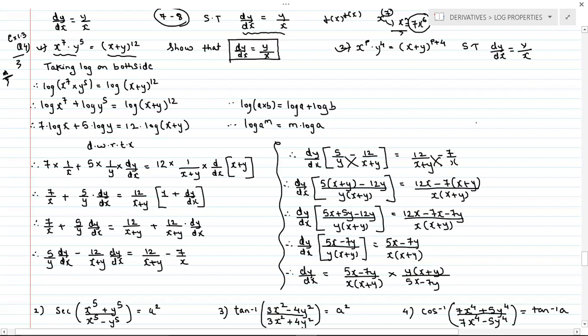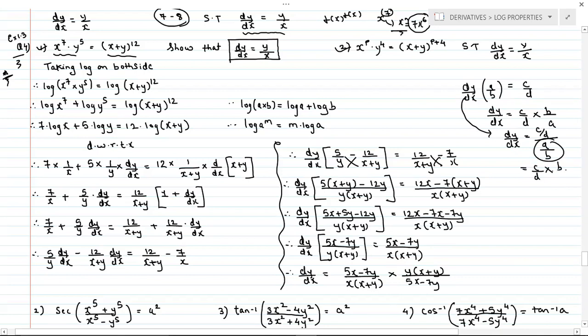Okay, just check here. If I say dy by dx, a upon b is there, and it equals c upon d. So if you want to find dy by dx, c upon d keep as it is, this b will go up and a will come down. Okay, the process is very simple. If you want, you can do it like this also: dy by dx is equal to c upon d upon a upon b. So c upon d, when you do multiplication, it will get the reciprocal here, so this will be b upon a. Yes.